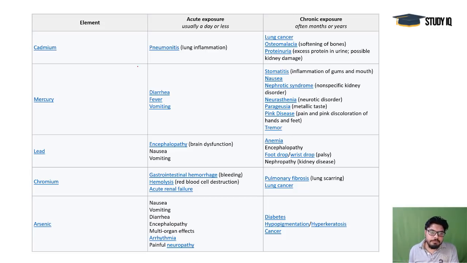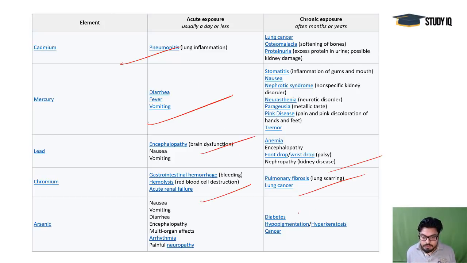And you see the exposures create a lot of negative impact, and these dreaded diseases like cancer, fibrosis, diabetes, tremors, pink disease, Parkinson's disease and all, it is feared that these are happening because of some heavy metal poisoning also, and that's for chronic or long-time exposure. So there may be these impacts.